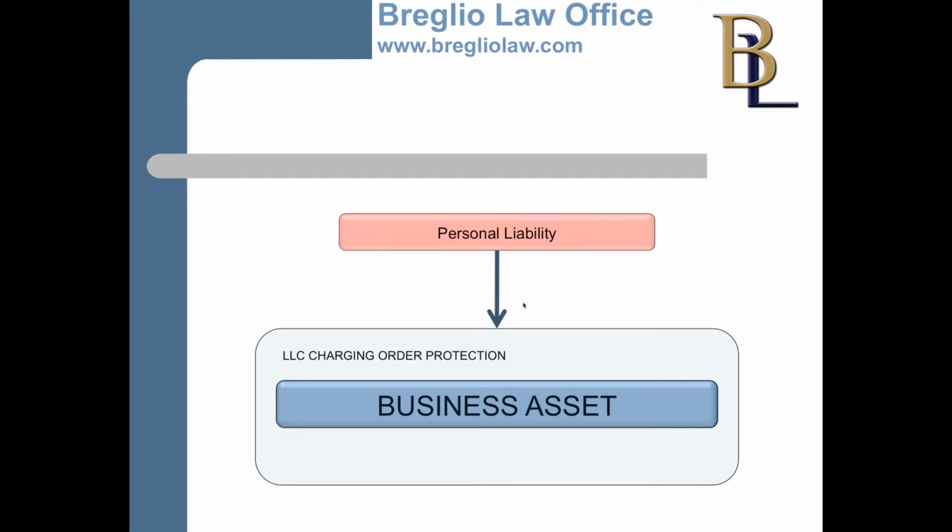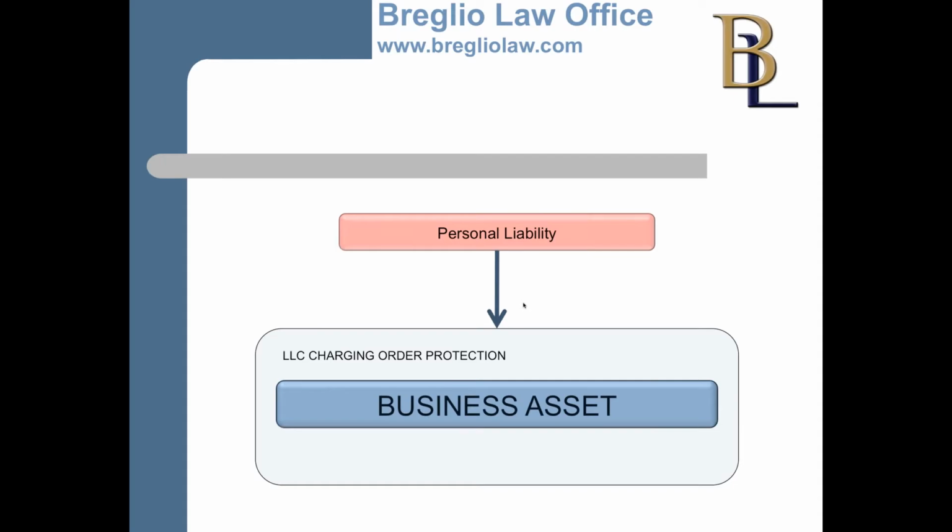And if you're a t-shirt printer, maybe the company owns printing presses and computers and inventory that's worth hundreds of thousands of dollars. If this business is a landlord who owns rental properties, they're seeing lots of real estate, and maybe there's hundreds of thousands of dollars in real estate. Now, all of these things are business assets. They're owned by the company, they're used by the company, they're part of the company's business.